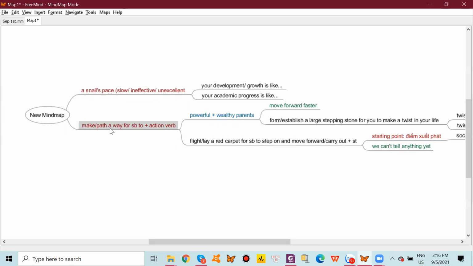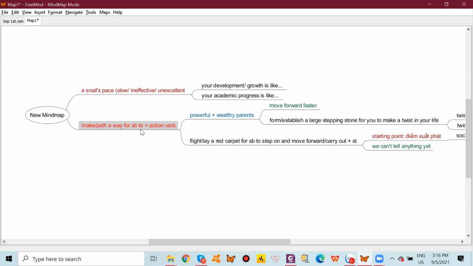bước đi ấy. Ở đây những bậc phụ huynh là oh my parents passed a way for me to walk through the university years, okay, or the academic English rough periods. Như vậy bố mẹ tôi dọn sẵn đường cho tôi bước đi rồi, và gọi là bố mẹ tôi dọn sẵn đường cho tôi vượt qua những năm khó khăn trong môi trường đại học khắc nghiệt, ví dụ là như thế. Như vậy khi người ta dọn sẵn đường cho mình thì mình sẽ có cấu trúc là